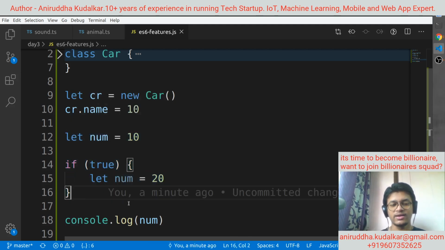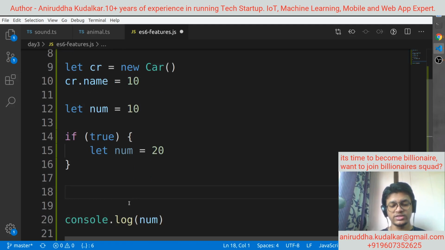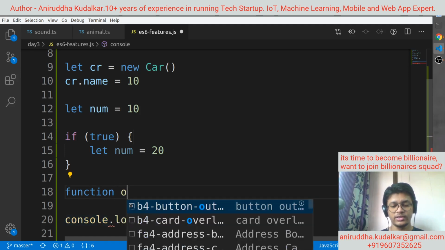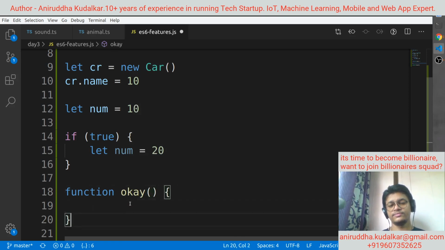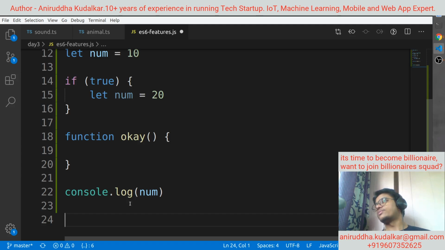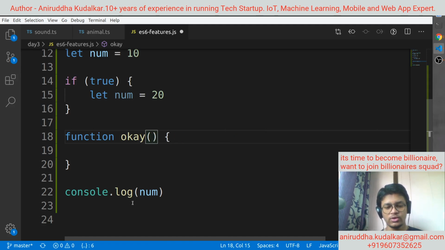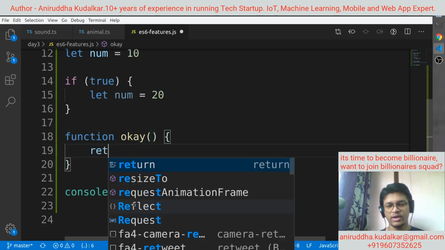Okay, then another thing. Now consider that there is a function. OK is the name of the function, and OK accepts one variable which is again a function. See this thing, OK accepts a variable which is again what? A callback function or any function. We generally pass it like this. Means functions, or say I want to return a function.